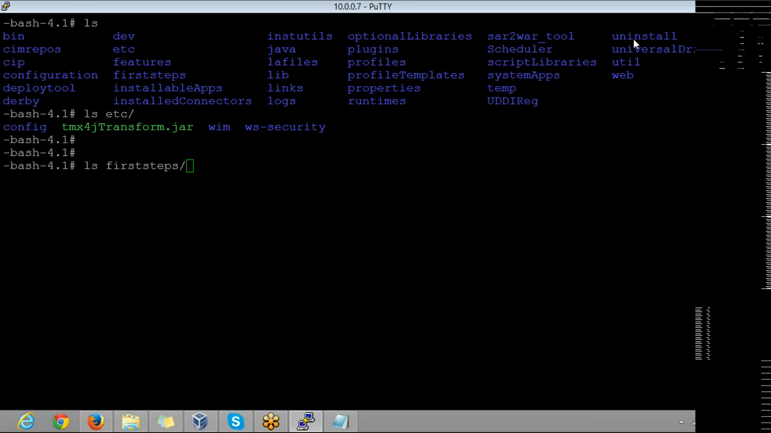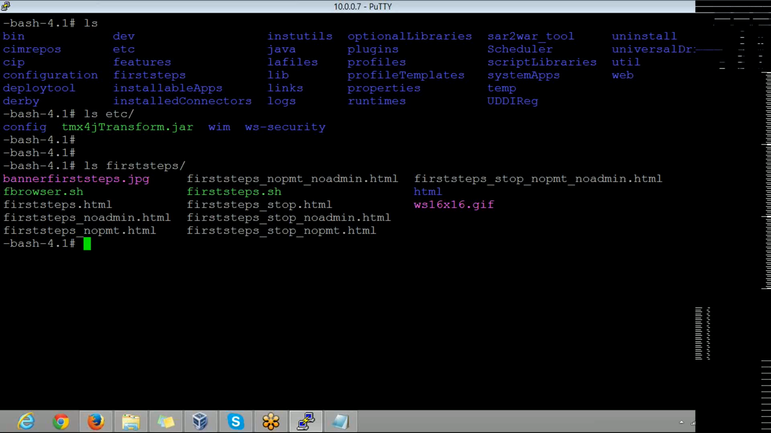Okay. The next folder we have is the first steps folder. What is meant by first steps folder? This is a folder which you can work with, provided your operating system supports the GUI capability. If your operating system supports the GUI capability, then only you can use this. Why? Because inside the first steps folder there is an executable file by name first steps.sh. When you execute this one, and if your operating system supports the GUI capability,